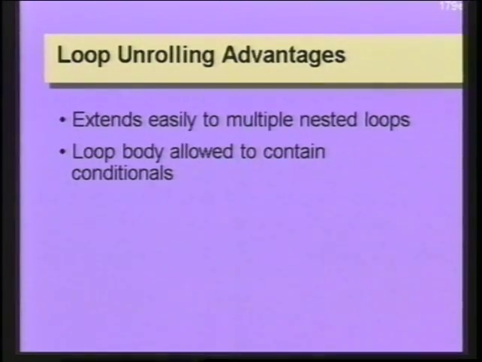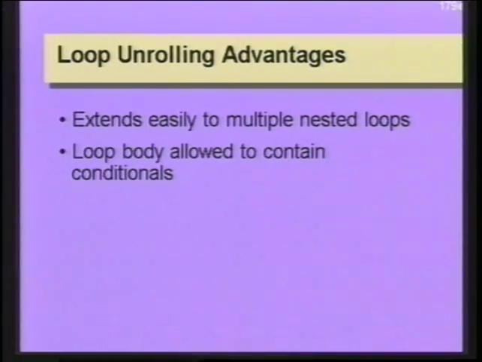The first advantage is that it can be applied to multiple nested loops. As yet, no one has developed a theory for software pipelining in a perfect loop nest with multiple loops. All the software pipelining results apply only to the innermost loops. The second advantage, which is also important, is that loop unrolling places no constraints really on what's inside the loop body. The loop body is allowed to contain conditionals, whereas software pipelining can only work if the loop body does